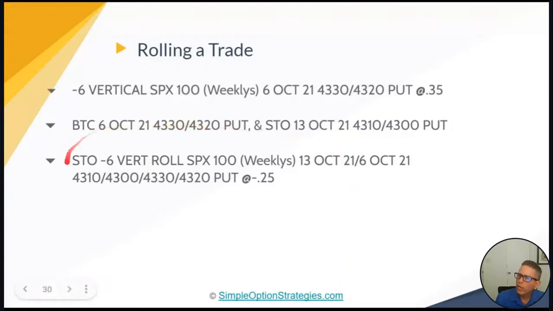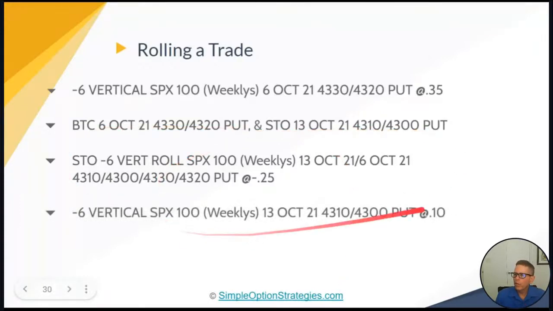Okay, so anyway, when I rolled the trade, I ended up with this right here. Basically, 6 contracts, moved it to the 13 October expiration, and that's what it is today. The 4310/4300 put spread, and it's now at 10 cents. So what we're going to do is go over